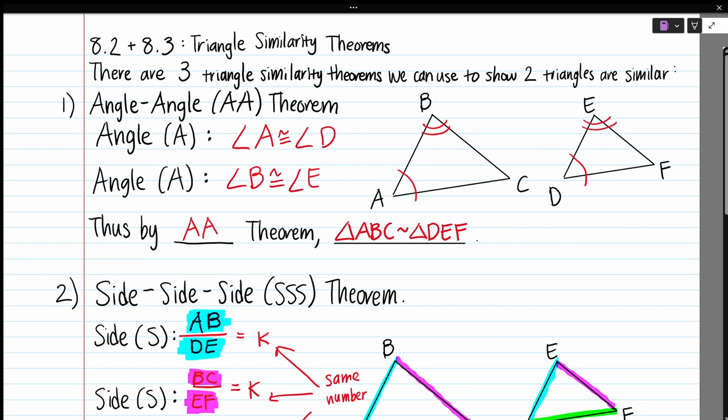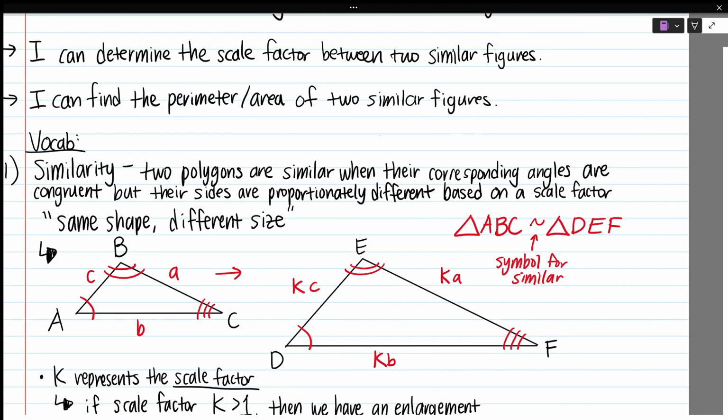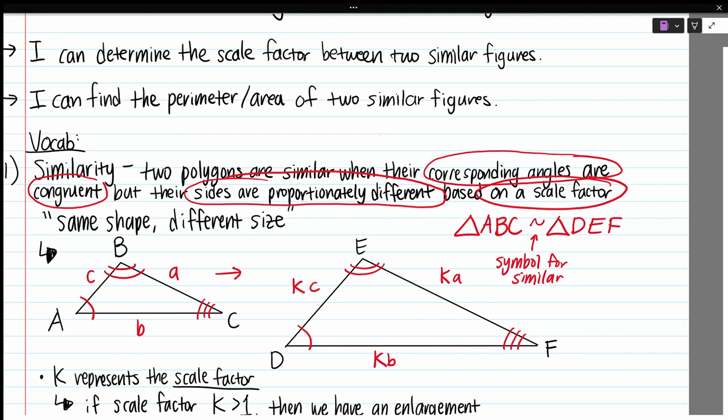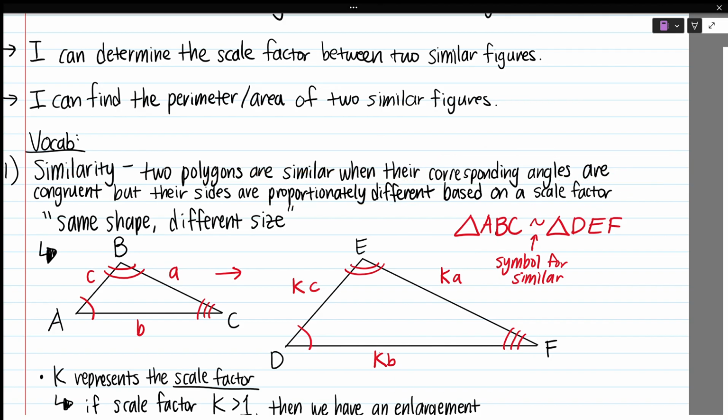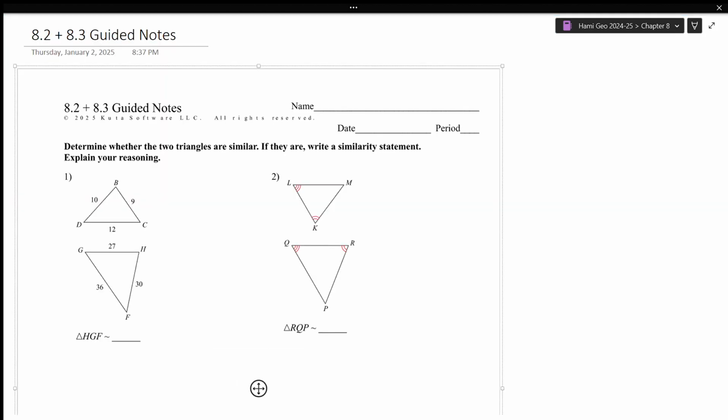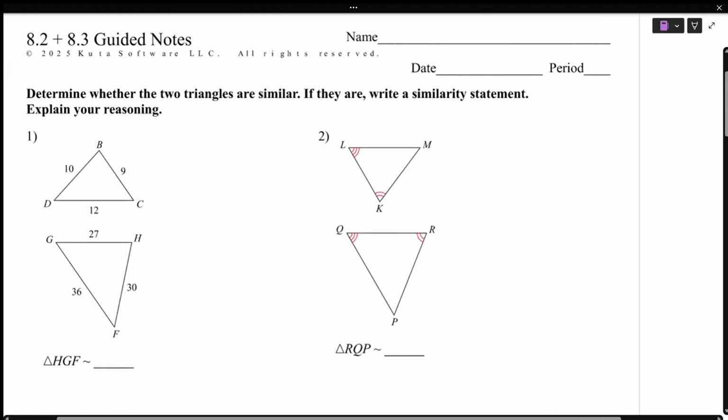similar triangles. If we want two triangles to be similar, right, it has to follow this definition where their corresponding angles are congruent, they're exactly the same, but their sides are proportionately different based on a scale factor. So that means their angles could be exactly the same, but then their sides are different sizes, right? They're different sizes. So when we look at these triangles given to us, we know that these two triangles, actually